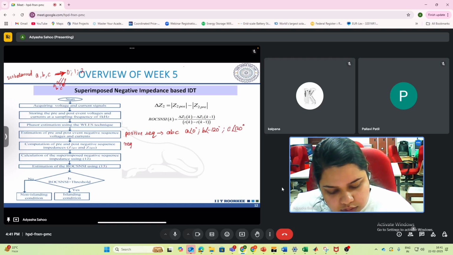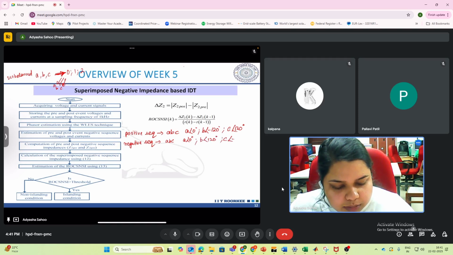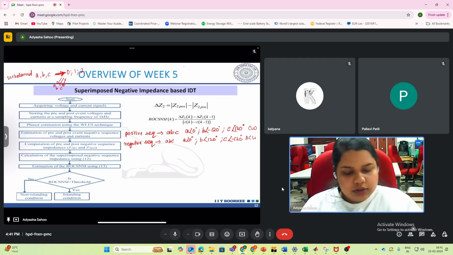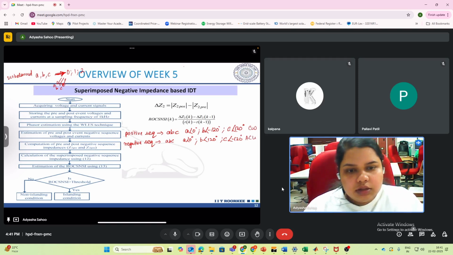In the negative sequence, what will happen? There will be anticlockwise rotation of the phasors. Basically, if A is at the reference, then B will lead by 120 degrees and C will lag by 120 degrees. So this gives the clockwise rotation, this gives the anticlockwise rotation of the phasors, and their magnitude is transformed